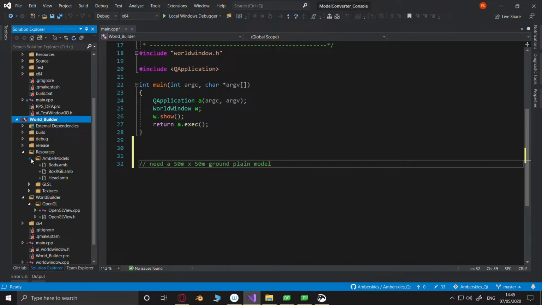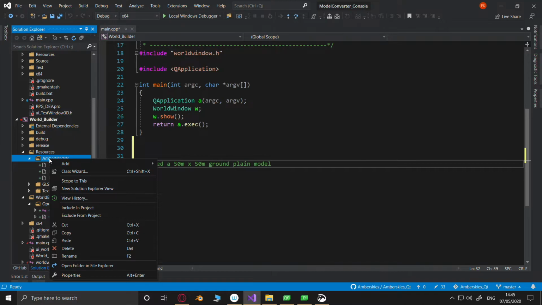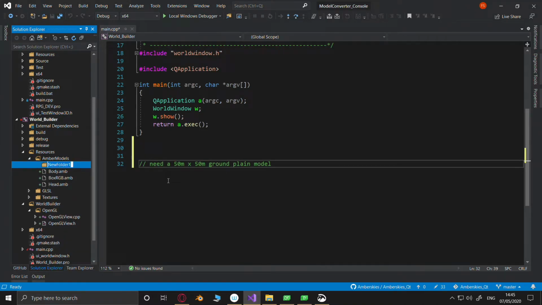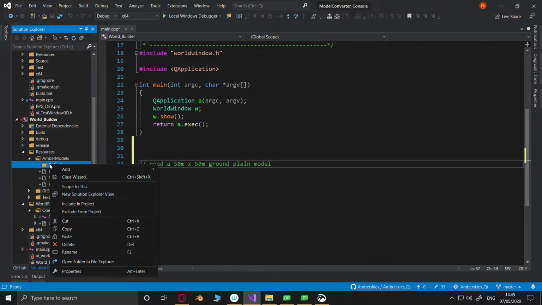Now I don't want to keep this set of models in there. What I want is a default. So what I'm going to do is add a new folder here and call it default. And inside of default, we are going to add a text file.